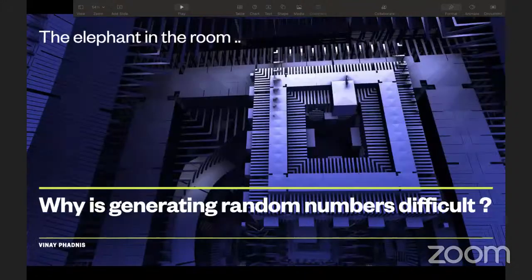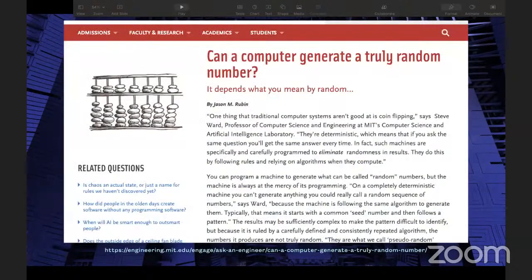As quantum computers are getting more and more popular, we are seeing a lot of very interesting applications. The very first application with a quantum computer is how do you generate truly random numbers? Let's look at how a classical computer functions.